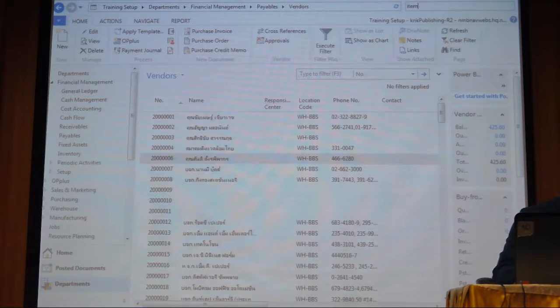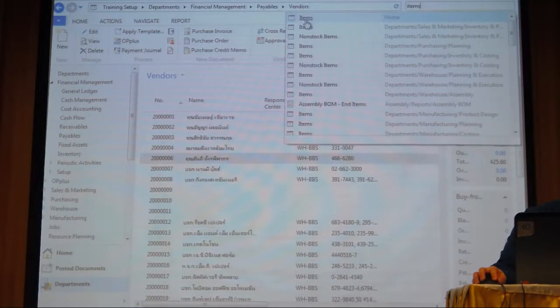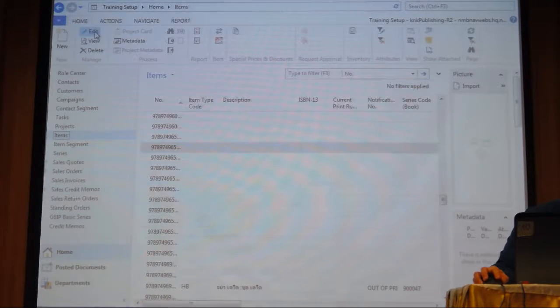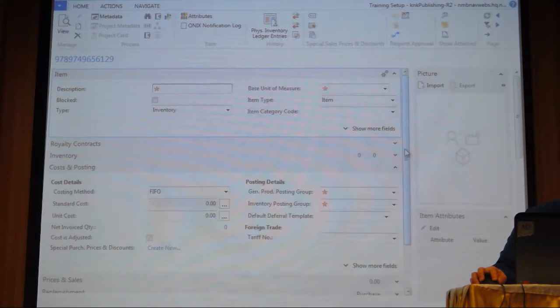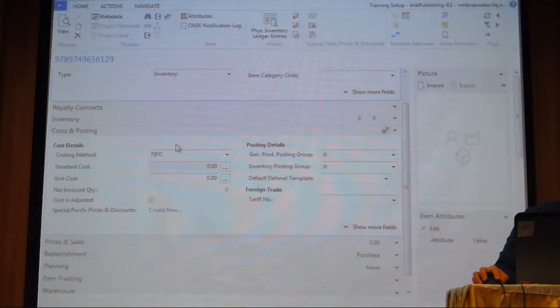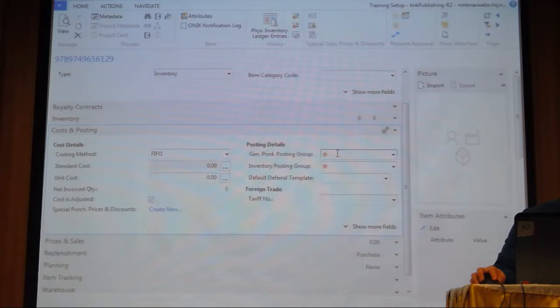So I'm going to go to the items first. เดี๋ยวเราไปที่เมนูไอเทม And edit just like before. Edit any item. เลือกไอเทมไหนก็ได้แล้วกด edit เหมือนเดิมเลยนะคะ Go down to the posting tab. มาที่ tab posting We already talked about the inventory posting group. That's the balance sheet. Now we're going to look at the general product posting group. That's the profit and loss side. ตอนนี้จะมาดูบรรทัด gen product posting group